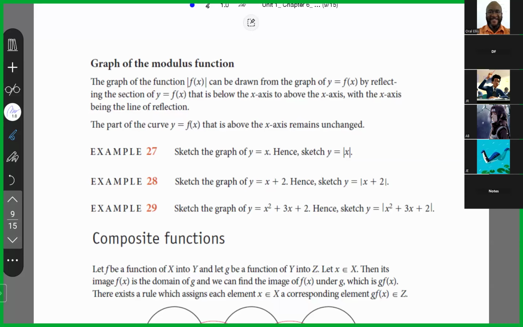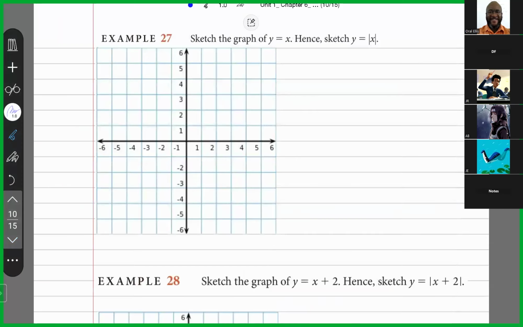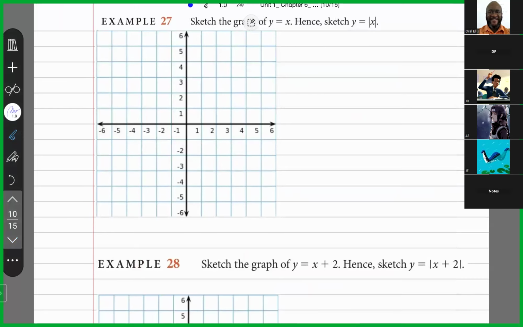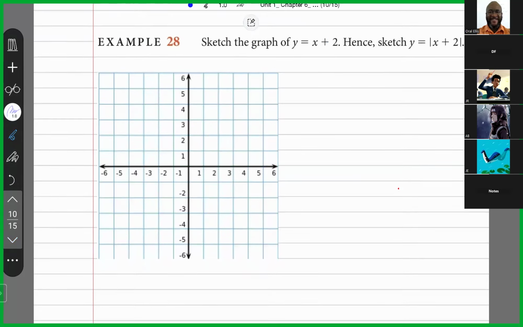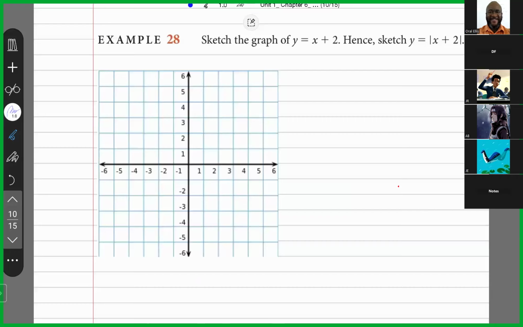or the mirror line. Now, the part of the curve y is equal to f of x that is above the x-axis remains unchanged. All right, let's have a look at examples 27 to 29. I'm going to start by doing example 28. Now, in example 28, we're asked to sketch the graph of y is equal to x plus 2,